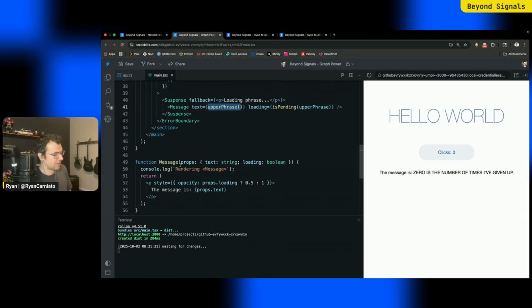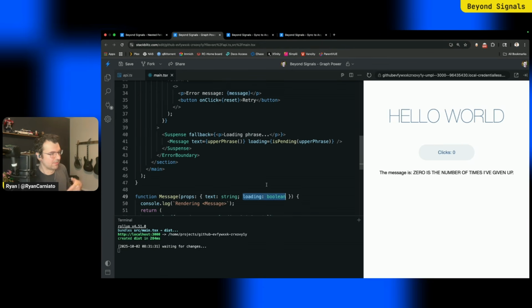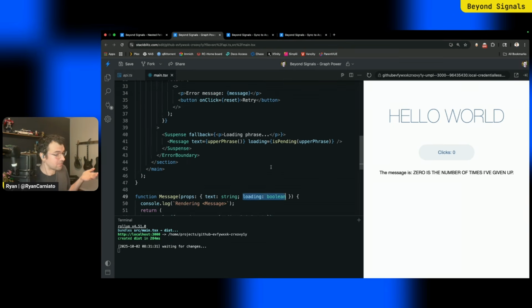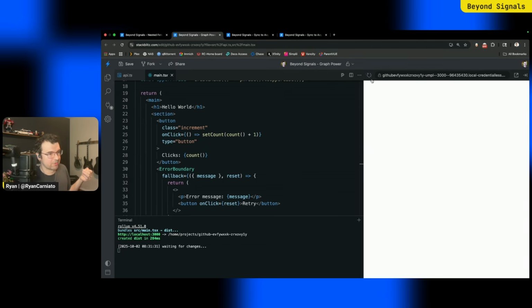Inside our component, the props are normal. There's no promises. It's not aware that it's even really an async component, other than it has the ability to show a loading state for our purposes. But generally speaking, because the framework already knows how to handle signals, and a component already knows how to handle async. So I'll just refresh the page so you can see it loading the phrase, and then we have our 0.